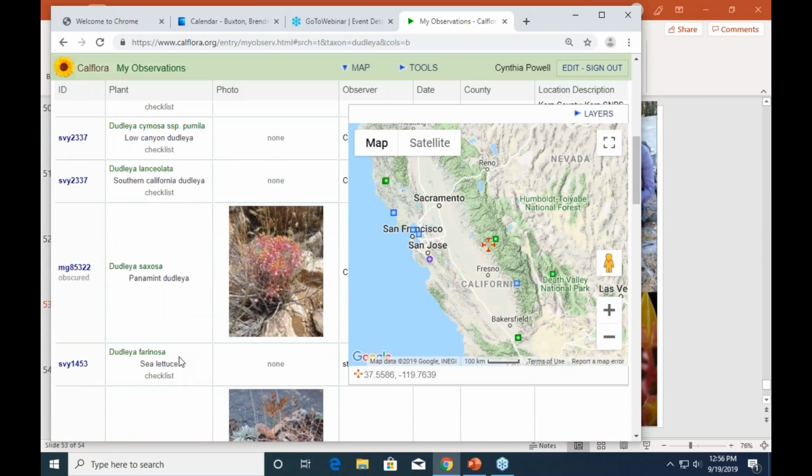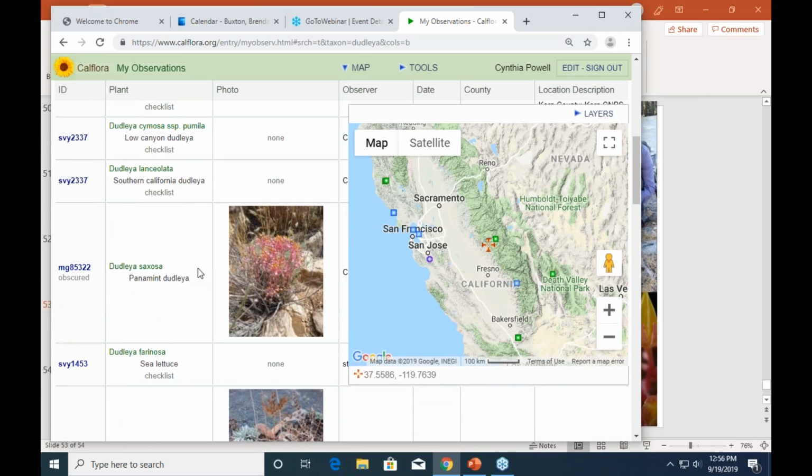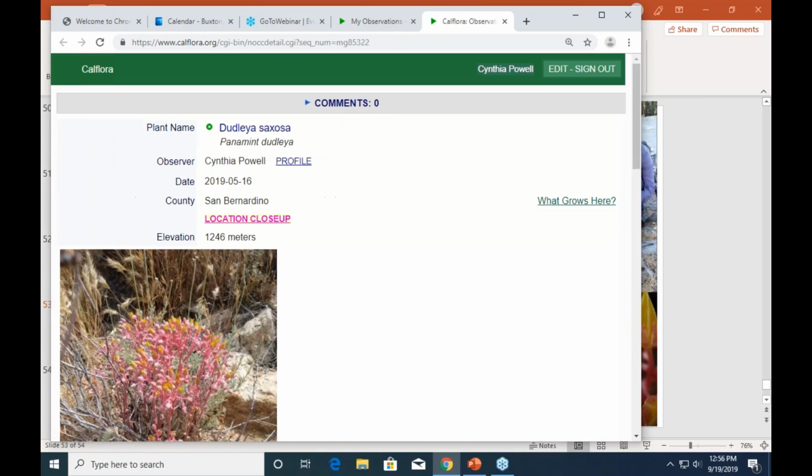So here are all my Dudleyas, and the ones that were part of a survey, I just left them because surveys are very generalized. But the ones like this, that were not part of a survey,